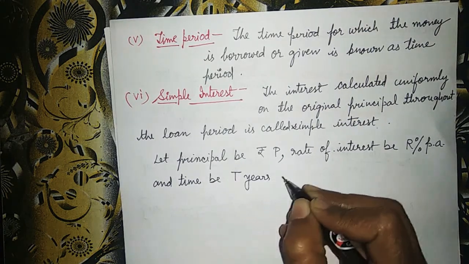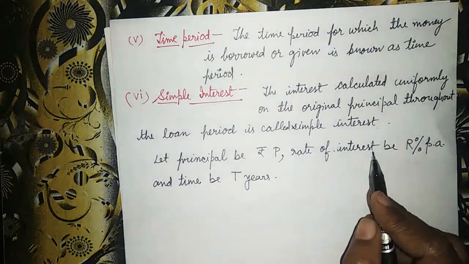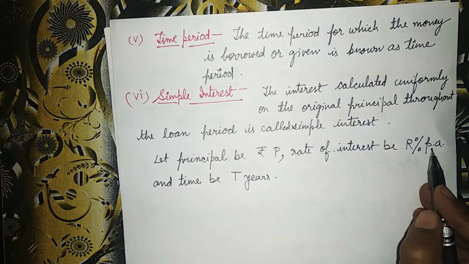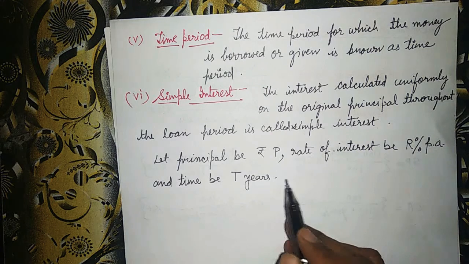Here we will assume these all terms. Let principal be rupees P, rate of interest be R% per annum and time be T years. Then